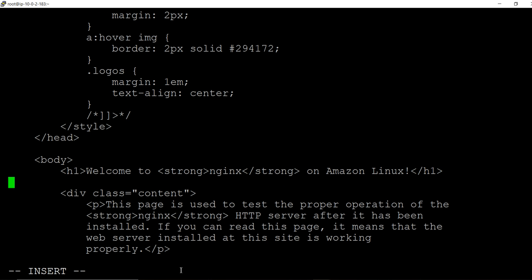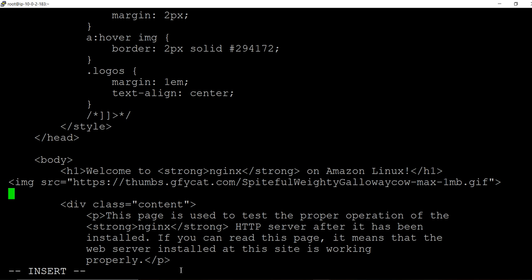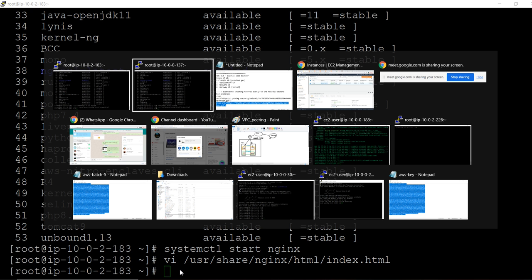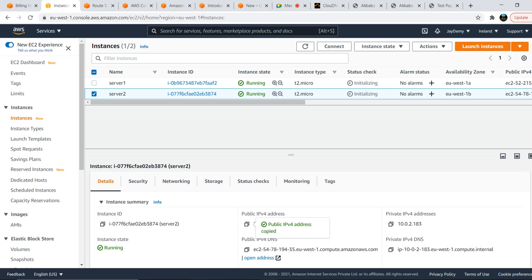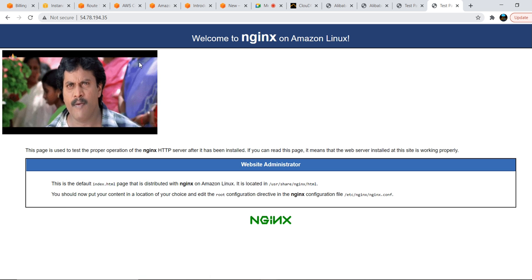Let's press insert, right click and save it. Once we save, we'll go here, get the public IP of the server, and test here. Okay, so now both are working.